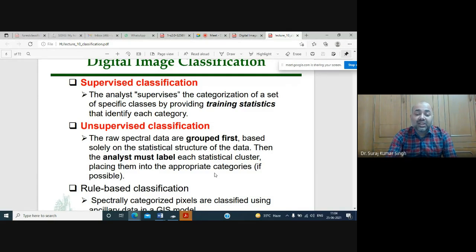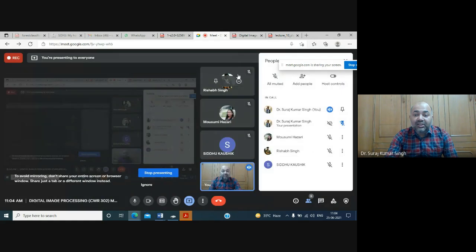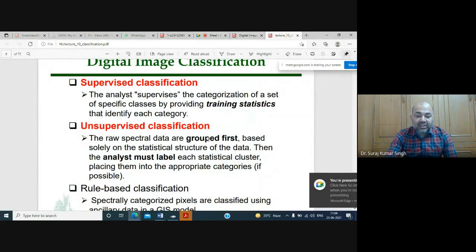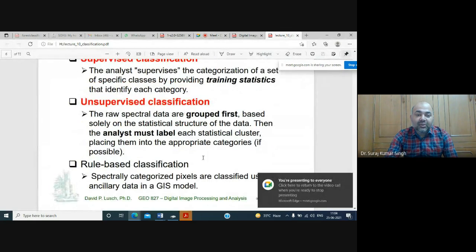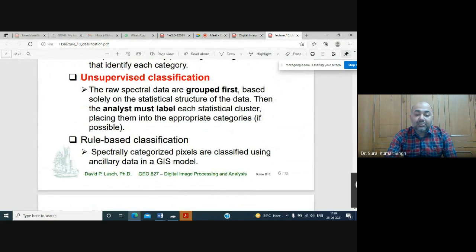So that will be created, and the entire classification is based on clusters, means they are grouped into classes, and those classes are used to classify the image. Okay. And finally, you have rule-based classification, where spectrally characterized pixels are classified using ancillary data